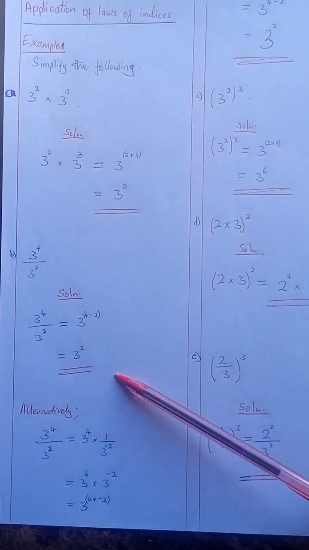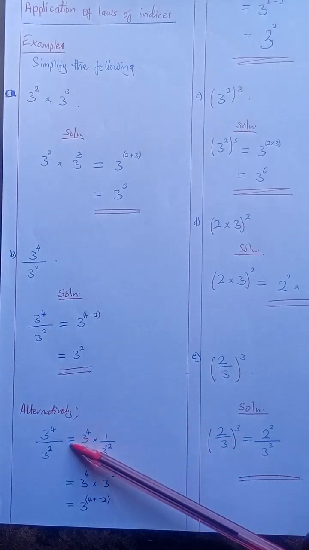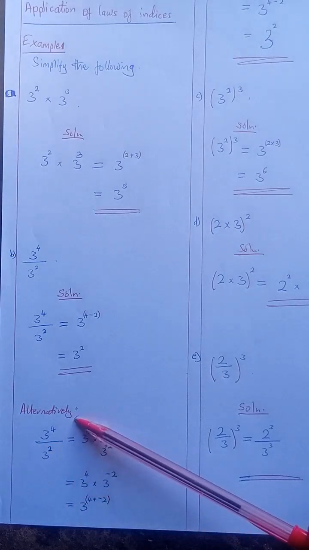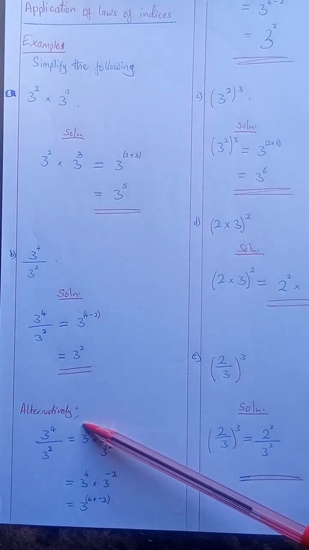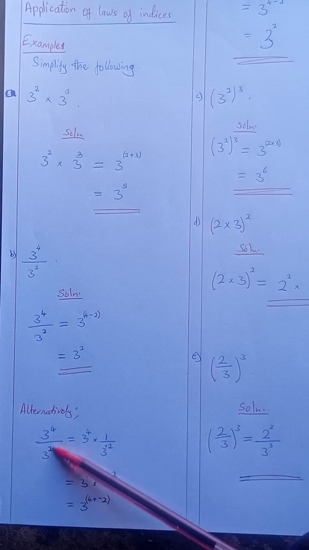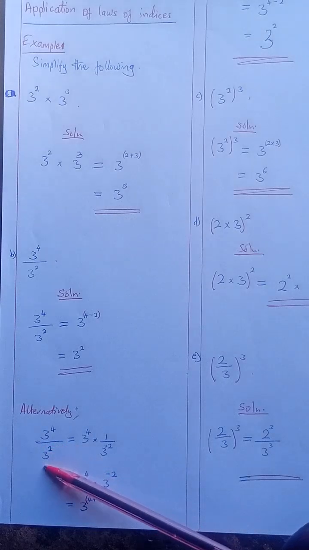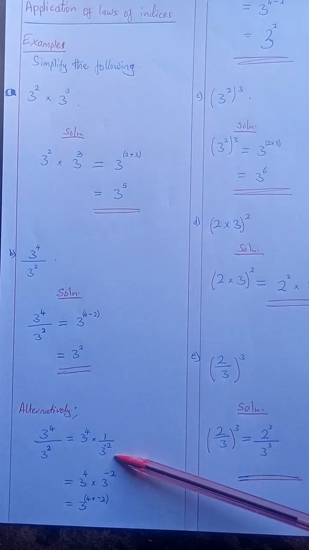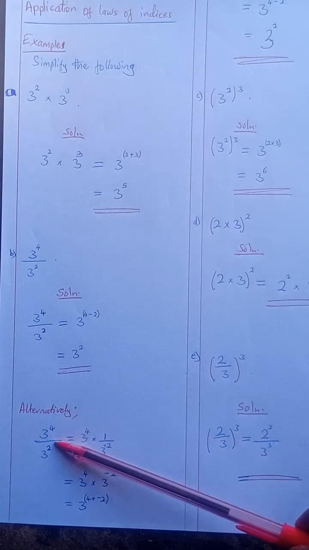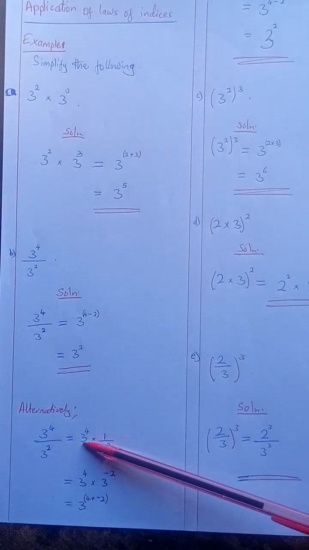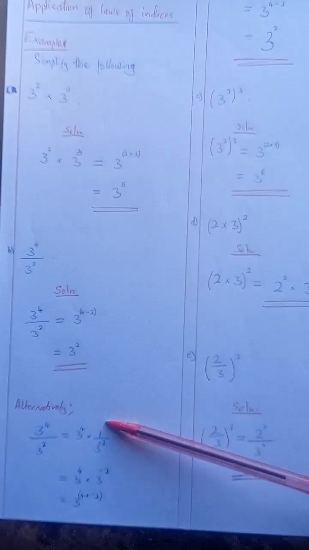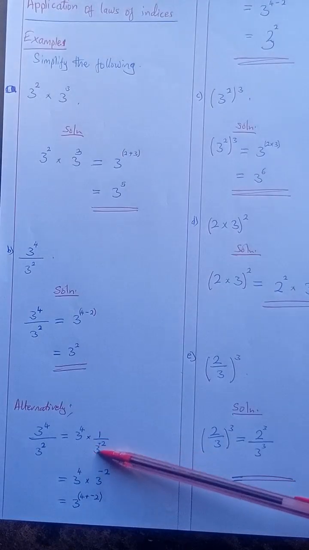Alternatively, for part B, you can as well begin by taking the denominator up so that it also becomes the numerator. But remember, if the denominator is having a power which is positive, when it is coming up, it changes to negative. So now let us look at it step by step. The first step, we have 3 to the power 4 divided by 3 to the power 2. So this is the same as 3 to the power 4 multiplied by 1 out of 3 to the power